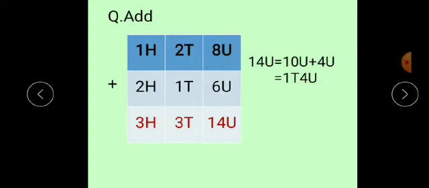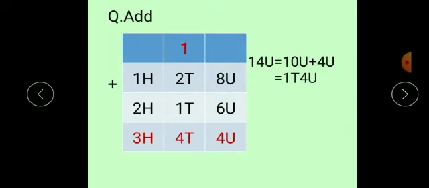Okay. So, what do we have to do here? Now, here 1 is at the tens place and 4 at the units place. So, we can write the digit in the units place as it is, and we shift this 1 to the tens place. Okay. So, here 1 is carried forward like this. This 1 means 1 tens because it is 1 tens 4u. 4u is written in the units place and 1t, which means 1 tens, is carried forward to the tens place.